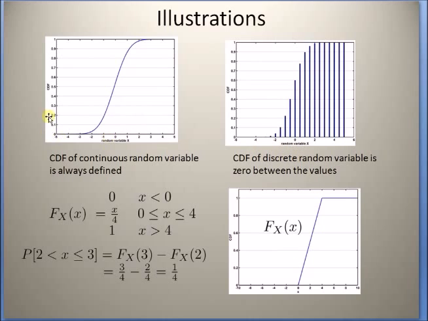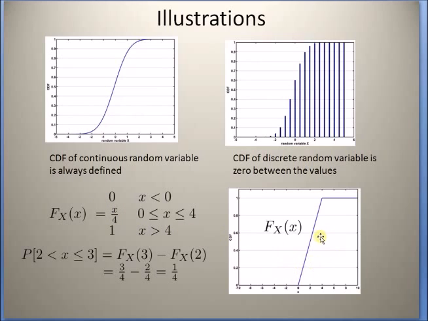We can clearly see that the CDF of the continuous random variable is defined for all values of x, and clearly it is an increasing function. However, the CDF of a discrete random variable is 0 for values that are between these discrete points. And this plot is basically an example illustrating the